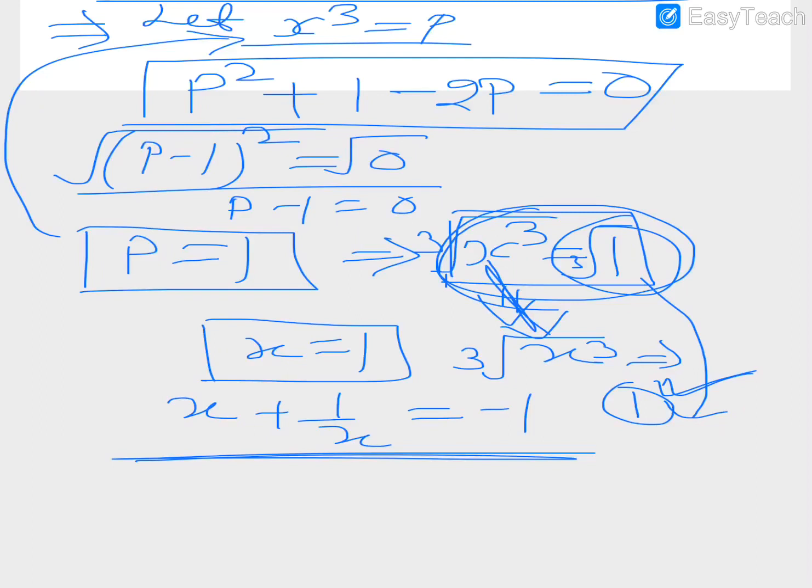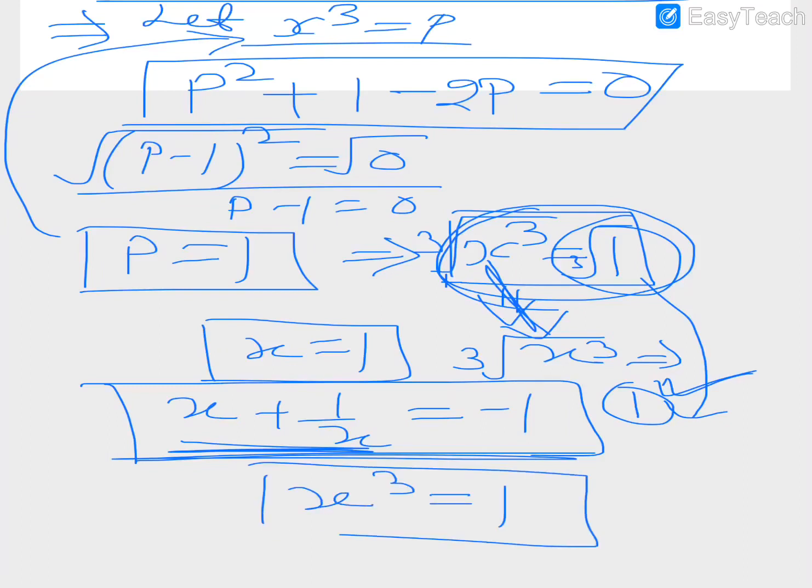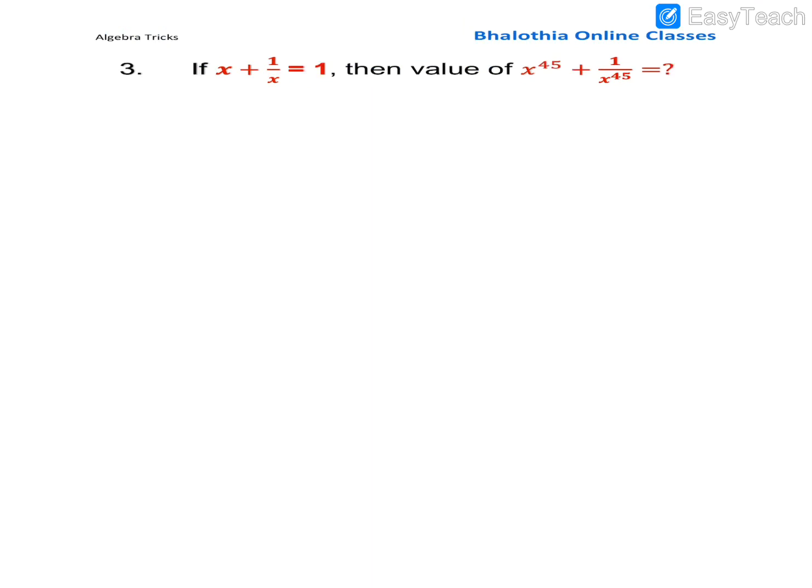So in this case the real value is not satisfying this one. If you assume x equal to 1, it won't satisfy. But with the imaginary value, when we do the square and then the cube, it is satisfying this one. So if x plus 1 upon x equals minus 1, keep this in mind: x cube will become 1. Sorry, these questions took a lot of time, but it was to clear the basics of these two questions. If you know these, it will become very easy to solve the questions given on the next pages.